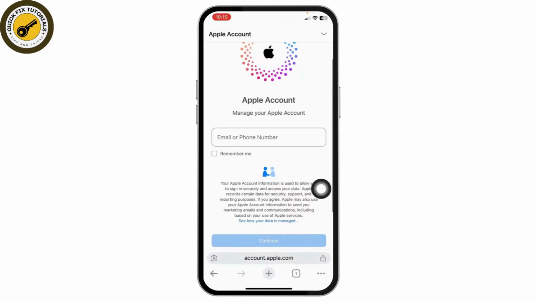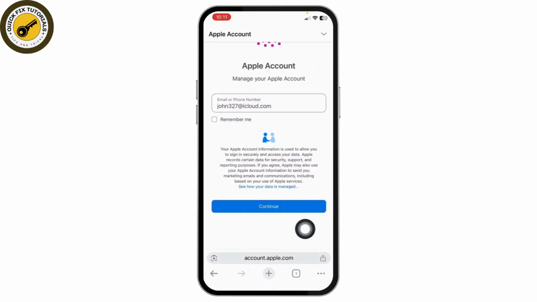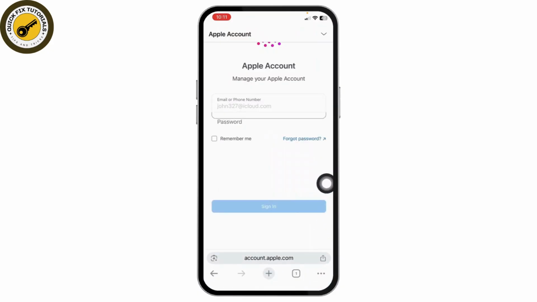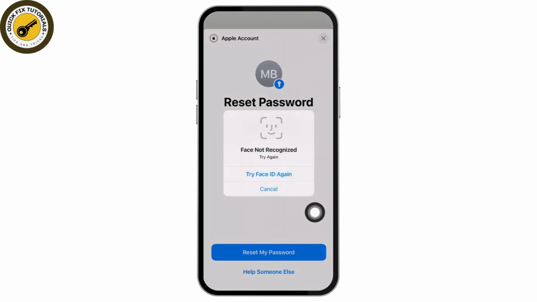So just tap on the sign in button and just enter your registered Apple ID just like this. So once you enter your registered email address or phone number, simply click on continue, and once you click on continue, here it will ask you for your password. So now all you have to do is just tap on this forget password button over here right below and just click on reset my password button over here, and you need to click and you just have to enter